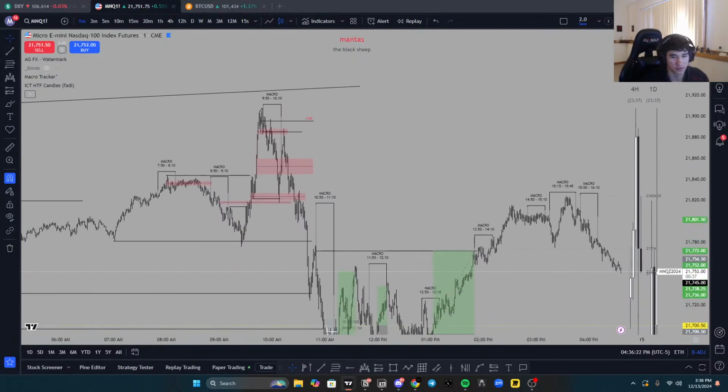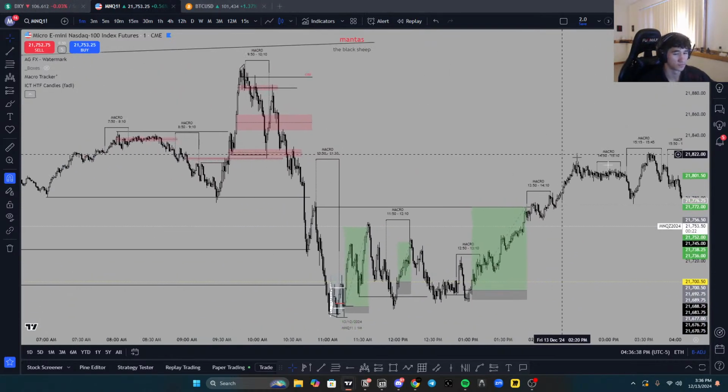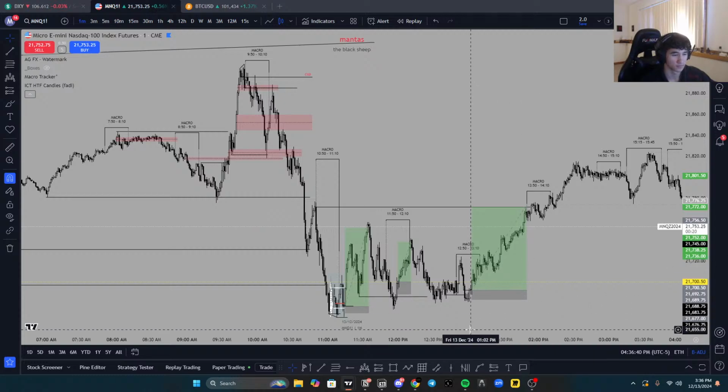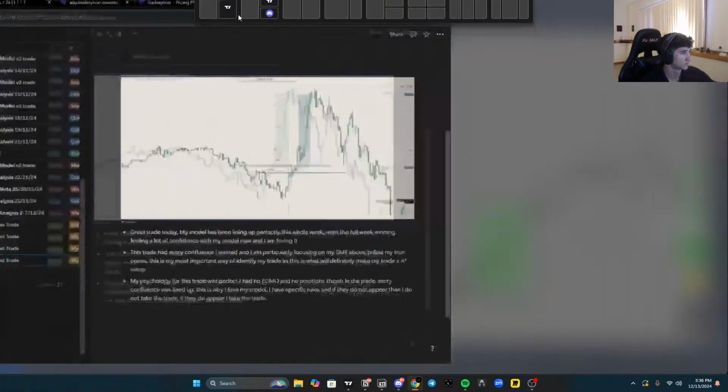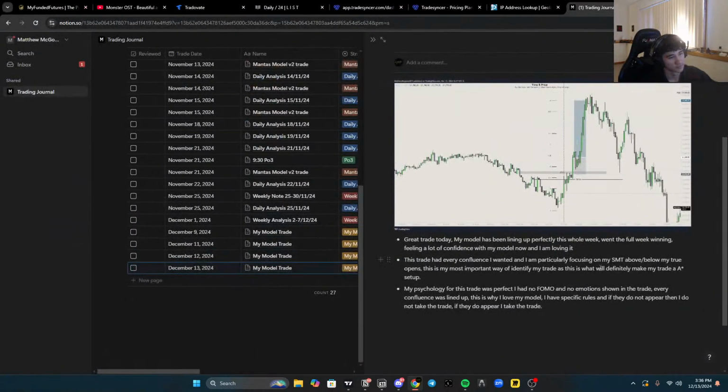Wait, I have a question for you, Mantis. You know the gap we had today? We literally never filled that gap we had since market open. That was my second take profit, but after we hit -1, we just ran higher. The reason I didn't take the second short is because, according to my back testing, if we tap the same entry like 2 or 3 times, I usually don't take it. What do you think?